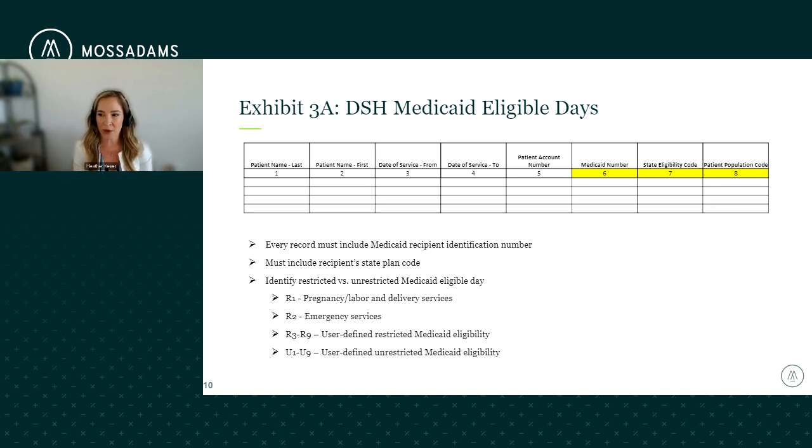Some of the questions that we have received from clients is, what happens if I use a paid claims listing? I use a paid claims listing to validate Medicaid patients, and that's how I've always prepared my eligibility listing. Well, that's great. You can certainly still be doing that, but you need to be careful: does the paid claims listing that you're receiving from the state include those aid category codes? Are you able to scrub the aid category codes for eligibility, and then also identify what types of services they cover as well?